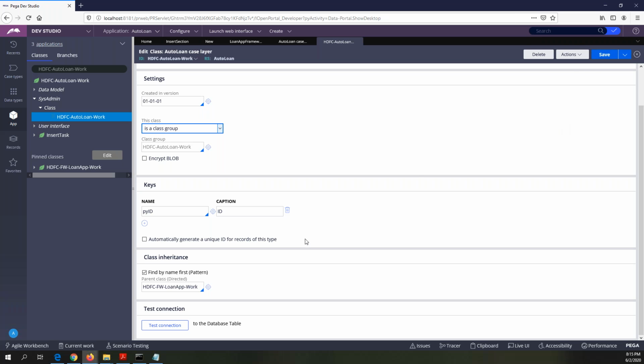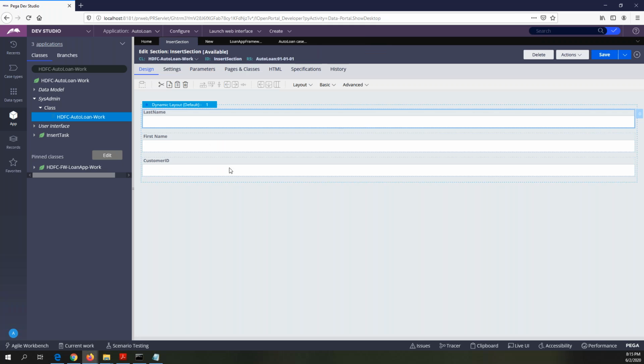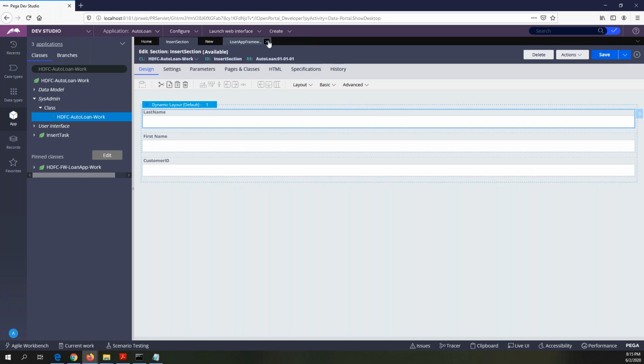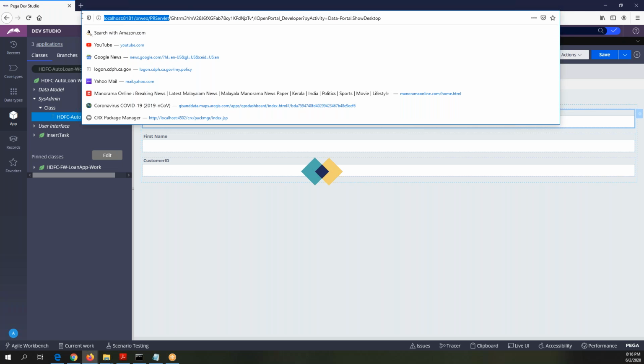Oh, this is Mozilla. Use the Chrome. Okay, just do one thing, close it. Mozilla is not supported for that. Oh, okay.